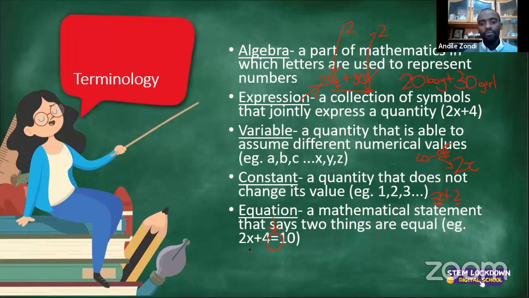Basically, an equation means the left-hand side is equal to the right-hand side. In this case, with my variable, the question would be, what must your x be in order to have 10 on the left? How do I get 10? Obviously, in this case, your x must be 3. 3 times 2 is 6, plus 4 is 10. So those are your terms